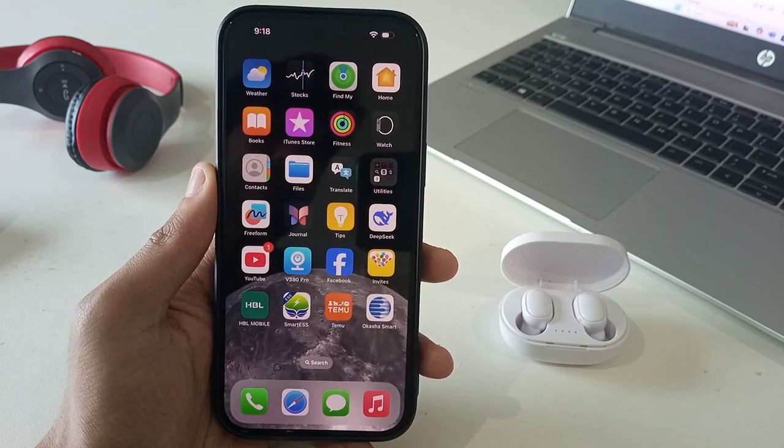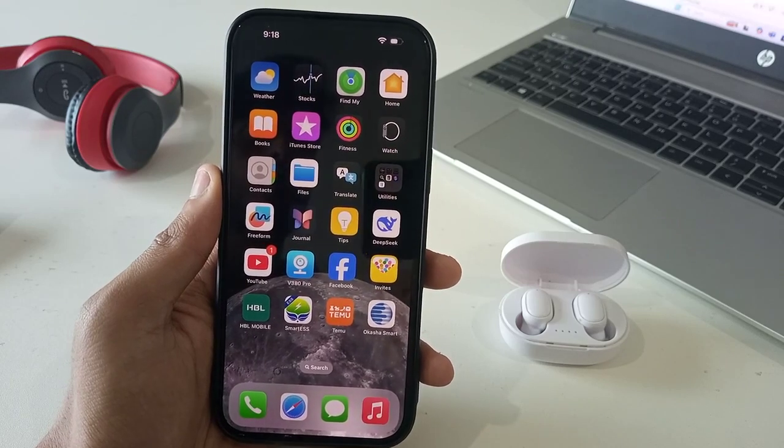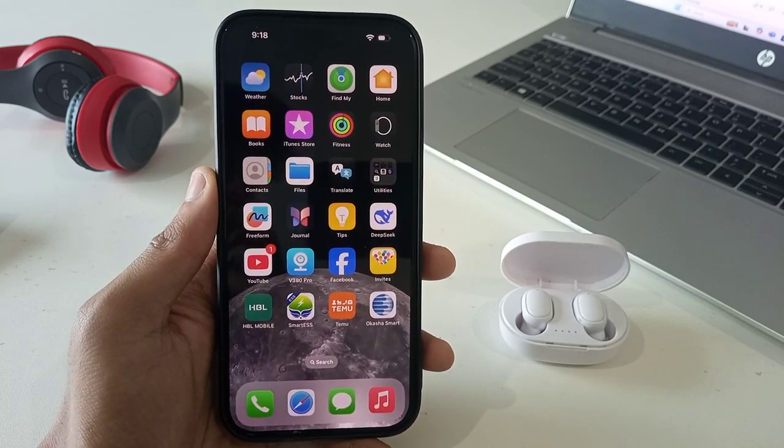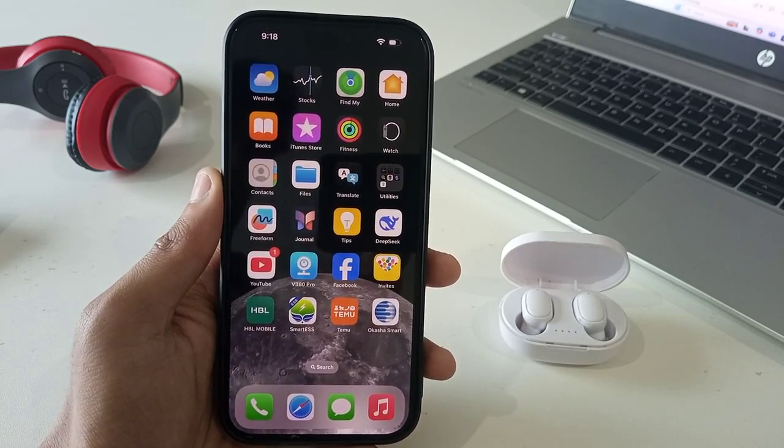Hello everyone, welcome back to the channel, and today we'll be discussing how you can transfer your contacts from your iPhone to Android. There are multiple ways that you can transfer your contacts from iPhone to your Android, but the